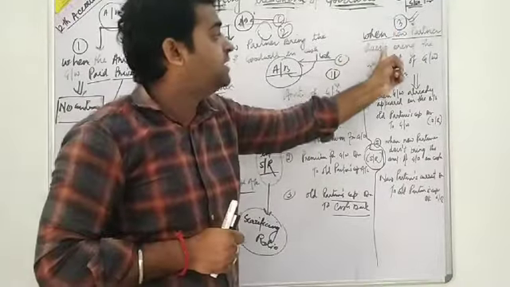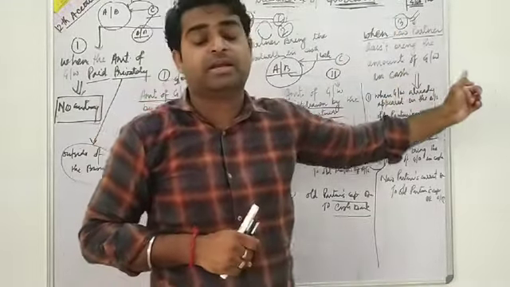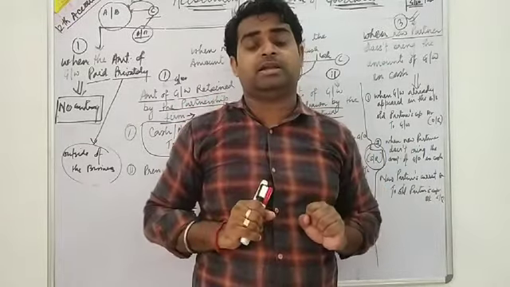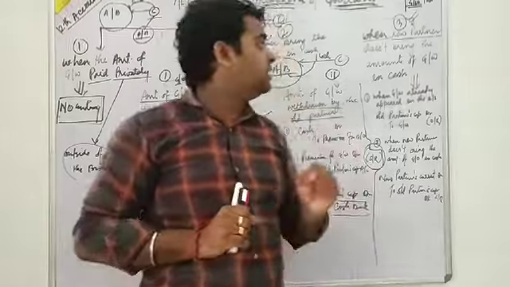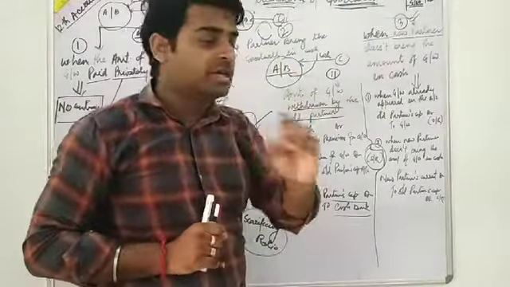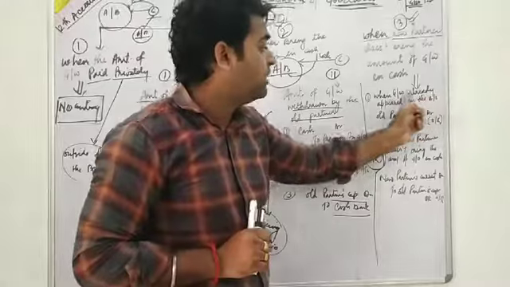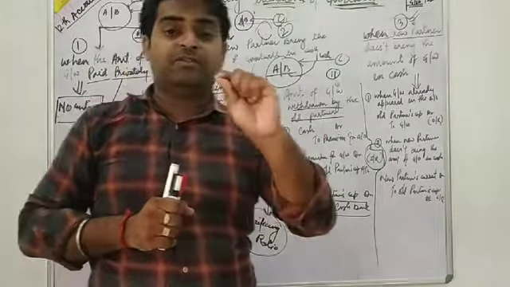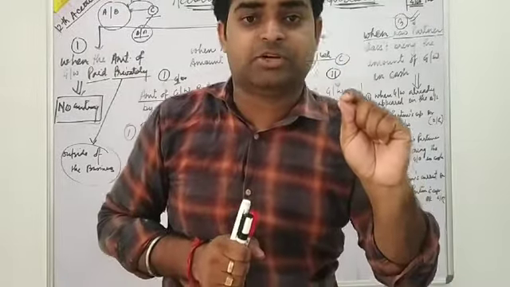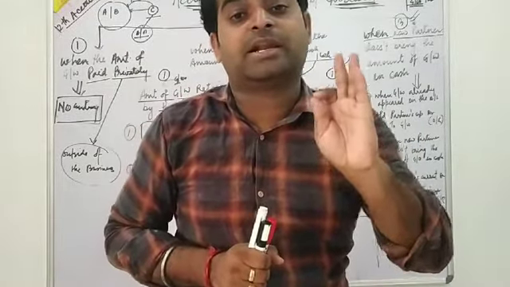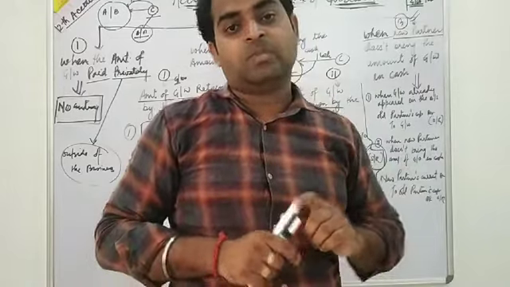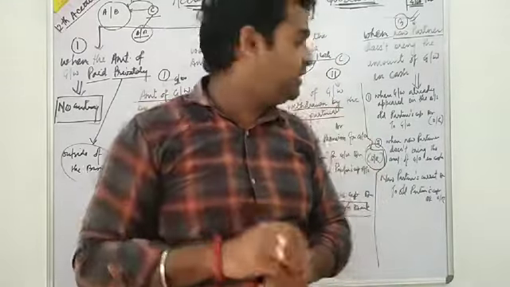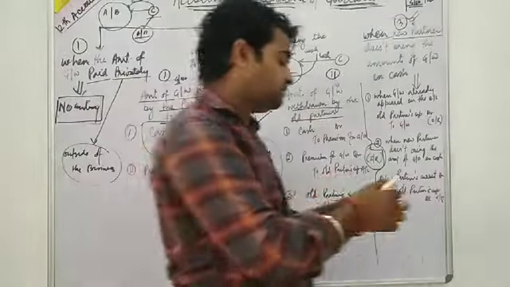What is it saying? When the new partner doesn't bring the amount of goodwill in cash, meaning the new partner doesn't bring any amount for goodwill. What will we do in that case? The third case is when goodwill has already appeared in the balance sheet of the partnership firm. Whatever goodwill appears in the balance sheet of the firm, first of all we will write off that amount of goodwill. We will eliminate that goodwill, we will write it off. Getting it? So what will the write-off entry be?